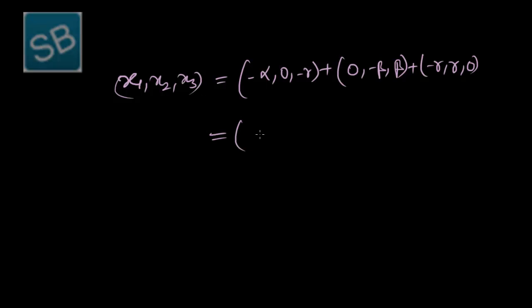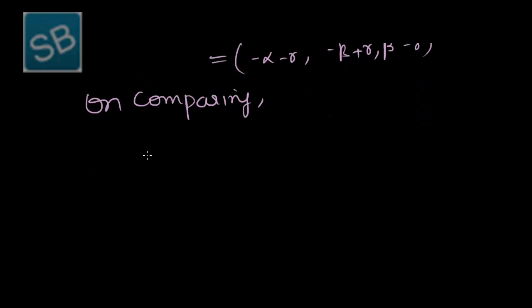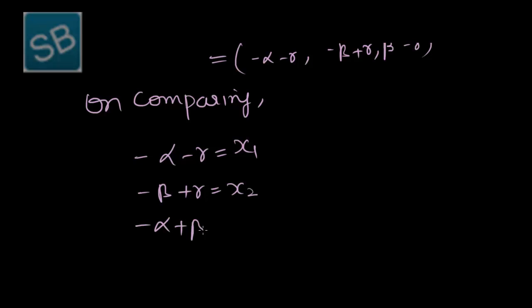On addition of the vectors we get minus alpha minus gamma, minus beta plus gamma, minus alpha plus beta. So on comparing we get minus alpha minus gamma is equal to x1,